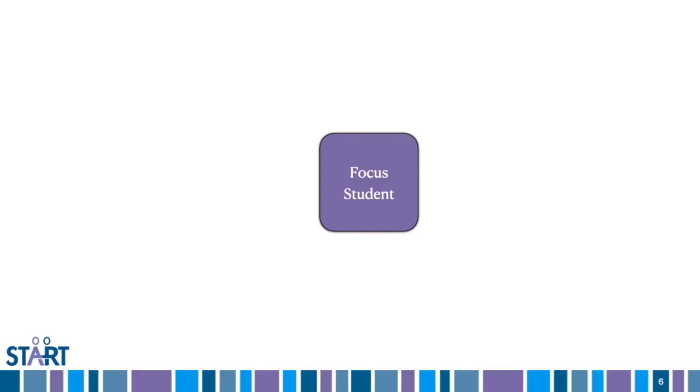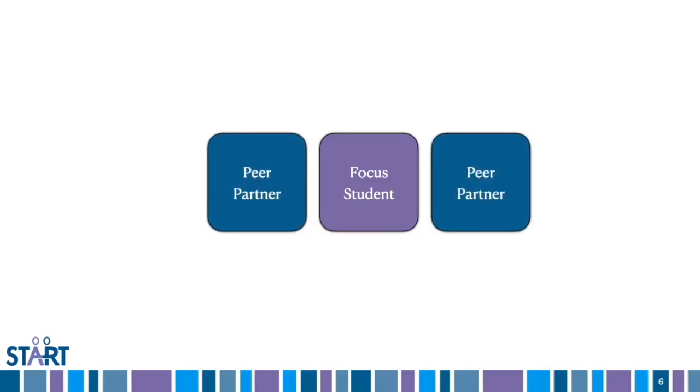Now, the classmates without developmental disabilities who provide support to the student during each of these class periods are usually called peer partners, or that's just a generic word that we use to describe them. Usually 2 or 3 peers are selected, and I'll talk a bit more about who could be invited later on.